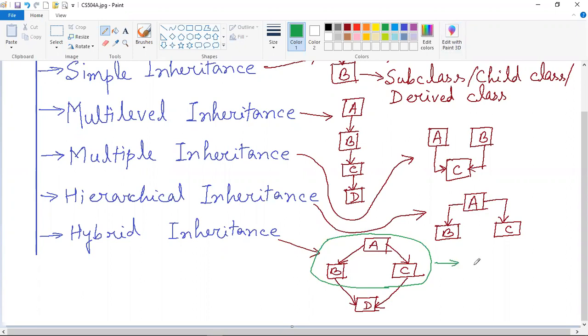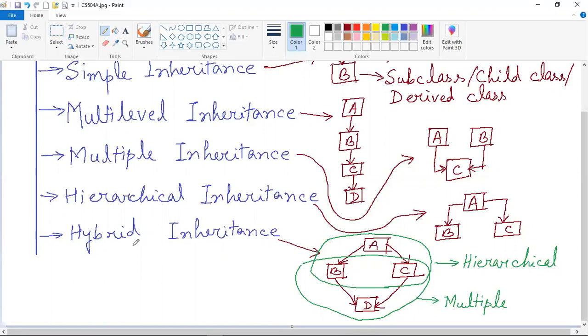So this part is the hierarchical one, and the lower part, this part, looks like the multiple one, where we have seen that more than one superclasses are there. So this is the multiple one. So basically, the combination of hierarchical and multiple inheritances is known as hybrid inheritance.